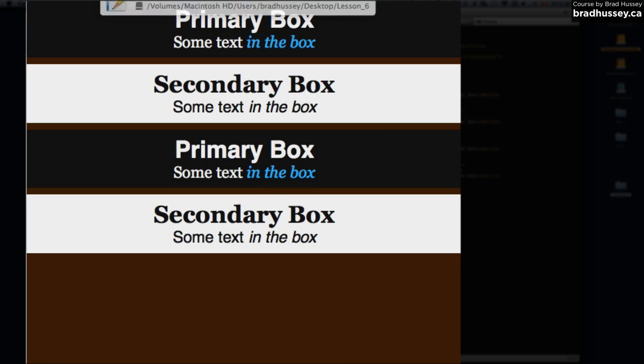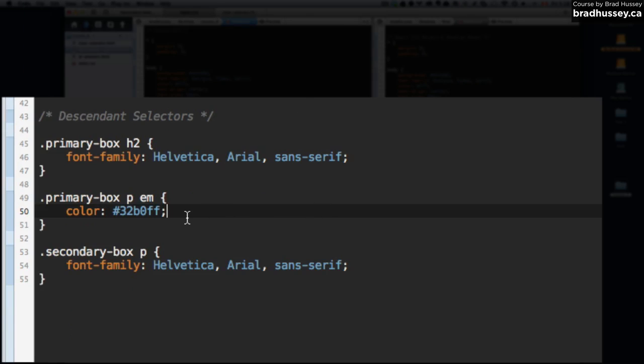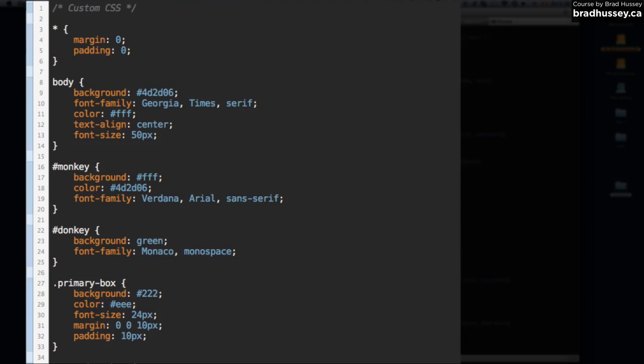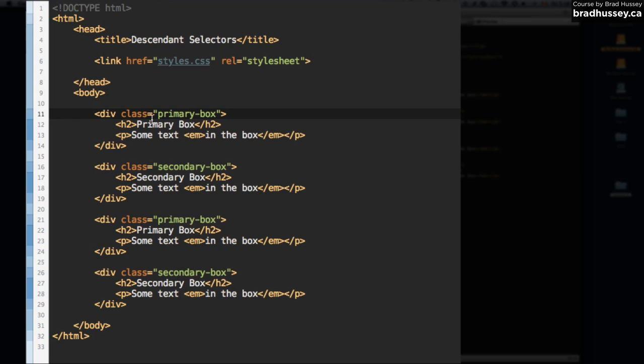Check it out. So all the M tags within the paragraph tags inside the primary box get this style. So I know that's very specific. Theoretically, I could have just said primary box and then, without the paragraph tag, just put M. It would have done the same thing, so you could see here. But if I left it like this, if I had any other M tags within the HTML in the primary box, if I just had an M tag here,